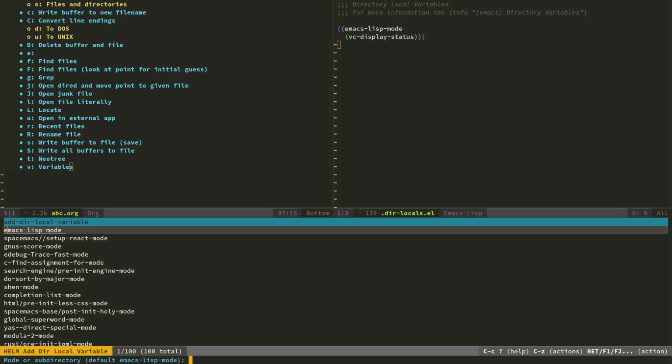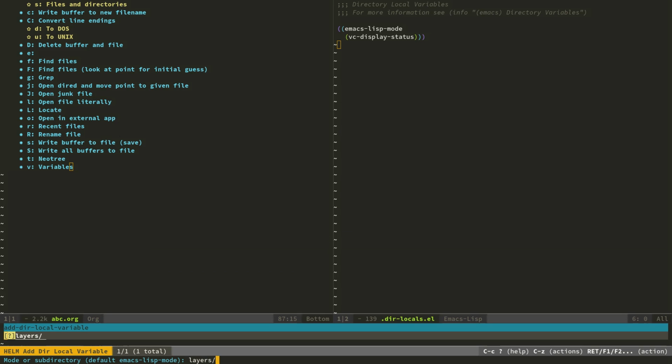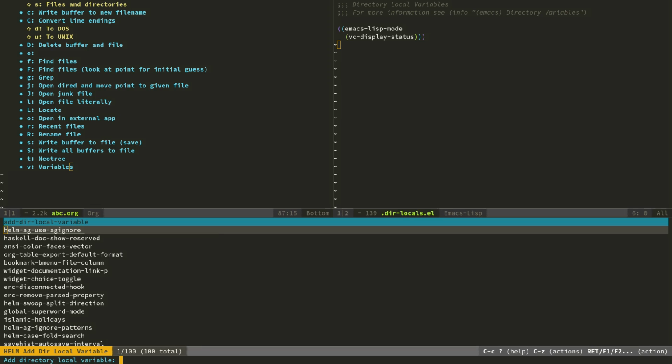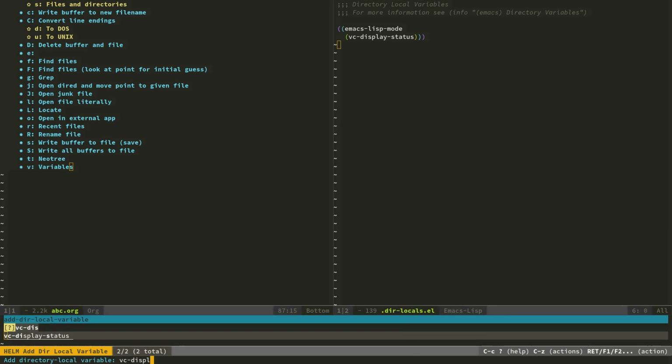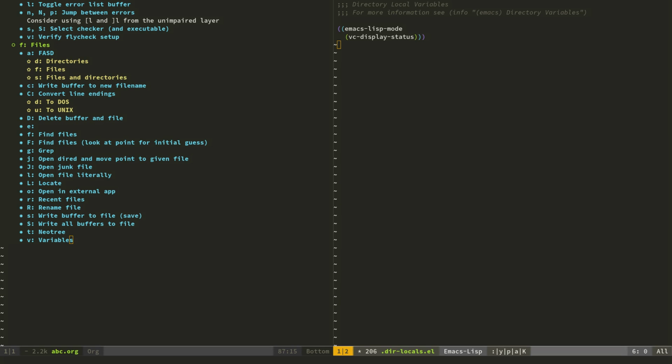So if I want to have a variable that only applies to a certain subdirectory called layers, I'm not sure I need the trailing slash here. Let me do vc-display-status, nil, and oh,